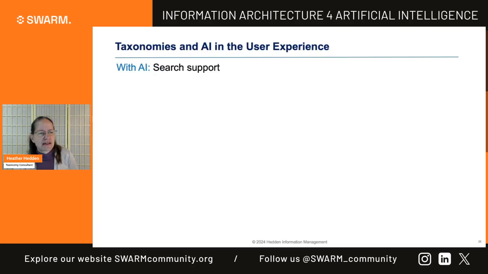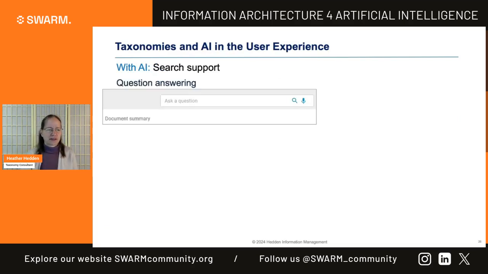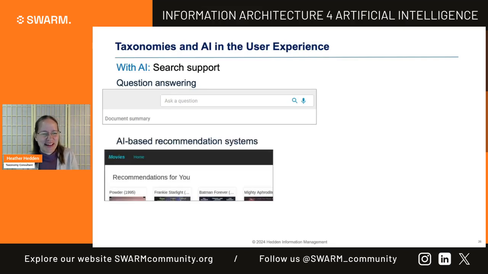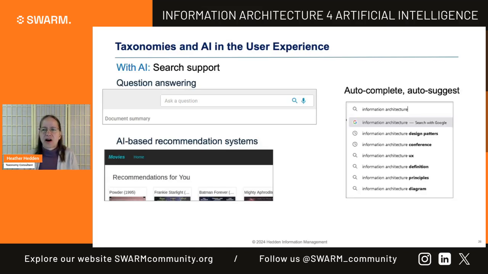So with AI, there's search support. This answer a question, instead of just search for something, you put a word or two. Actually, you can put a whole question into the search box. I don't know if we call it a search box anymore. A question asking box. And then there's recommendation I mentioned. So we're starting to see, especially looking at movies, what's recommended based on what else you've looked at and your profile and what others have looked at and how these are related to each other. And then the autocomplete, auto-suggest, of course, yeah, I mean,